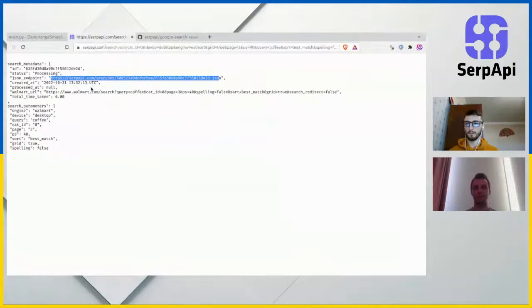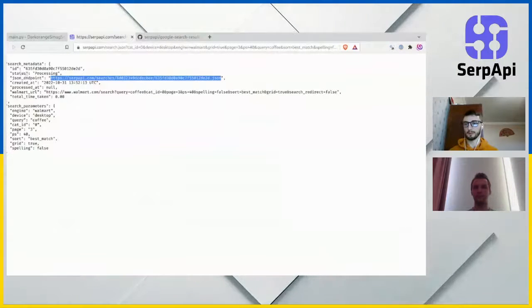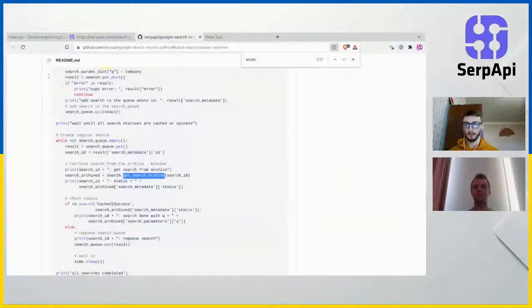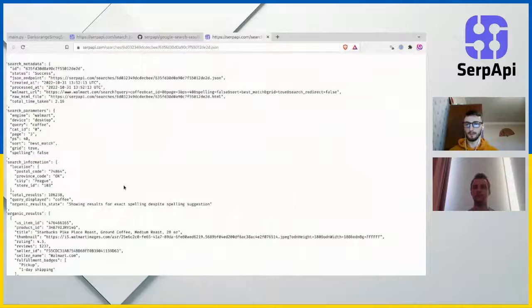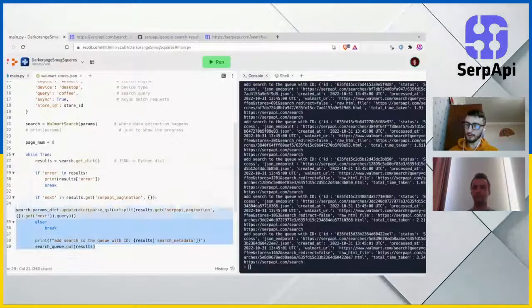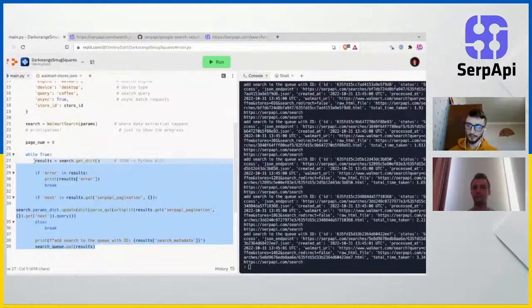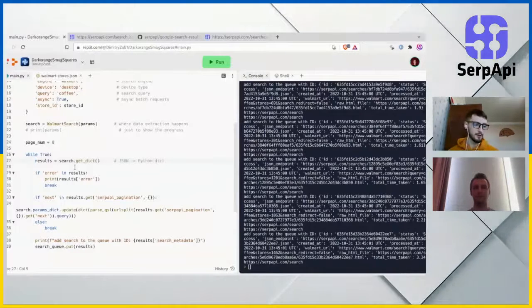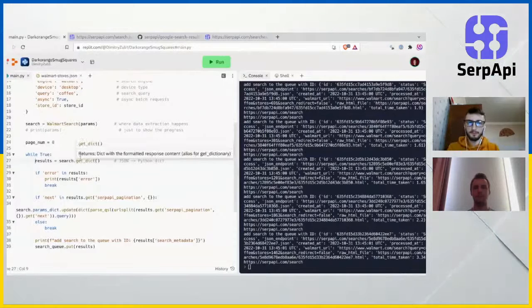From what I remember, we'll make a request to the search metadata JSON endpoint, and here we will have all of the data. And what we want to do here is only add everything to the queue. We can't paginate here. Pagination here will be complex with async true searches, because first you would need to